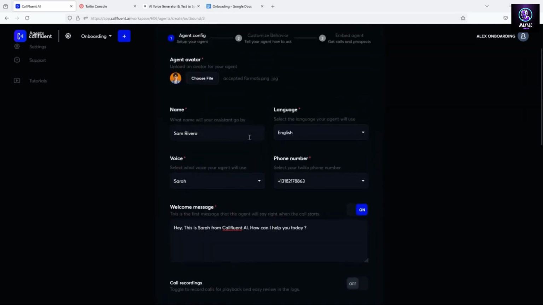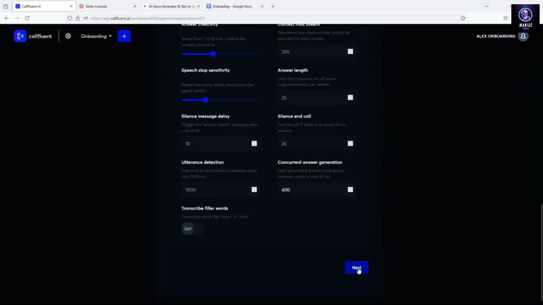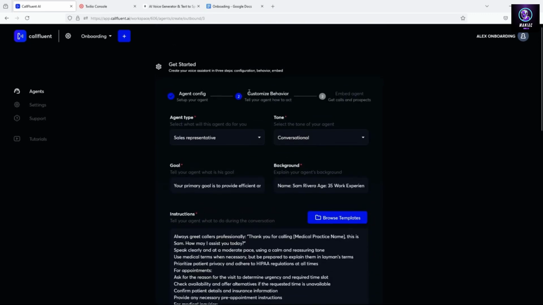Once you have all of these settings in place and all is set up correctly, you can go ahead and click on next. Okay, let's just fill this in. Click on next and move to the next step, which is customize behavior,